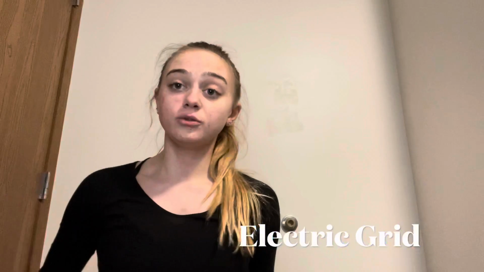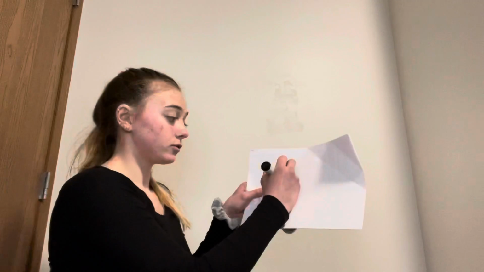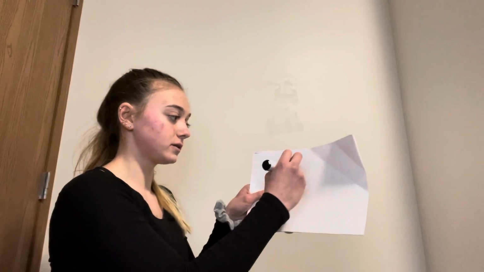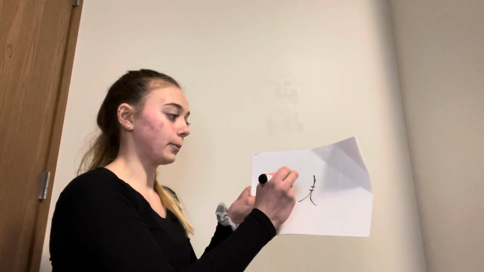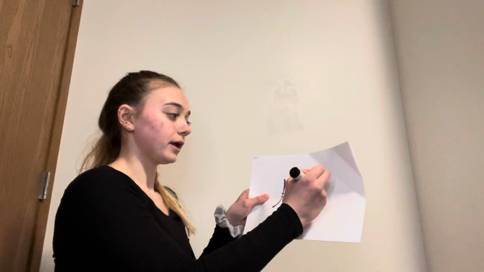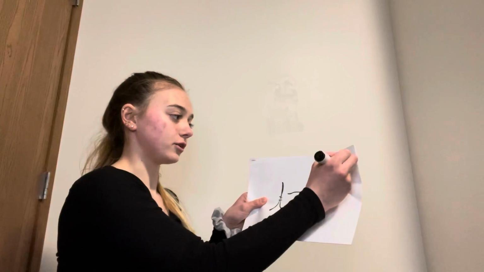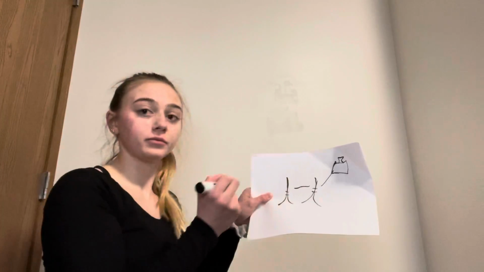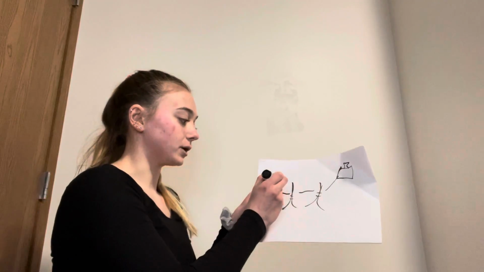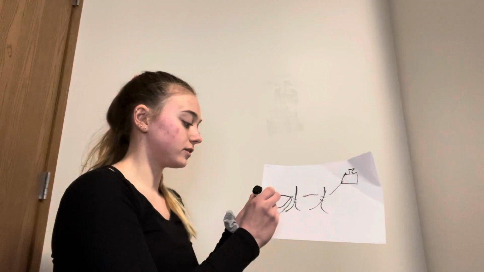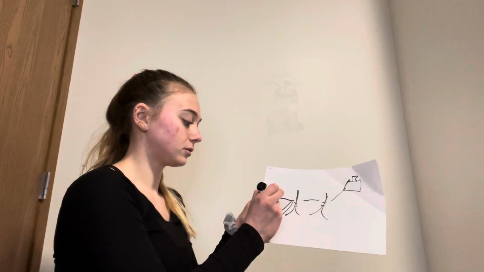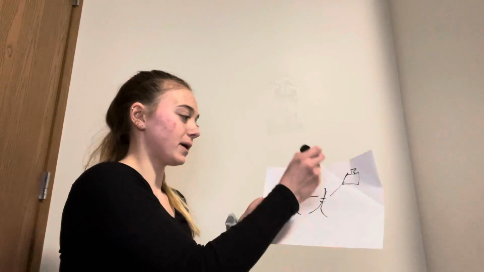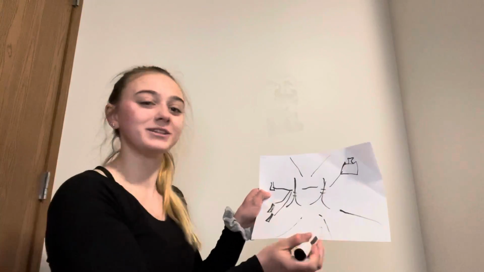I also wanted to demonstrate what an electric grid looks like. They essentially power the cities. So they are going to look like this, just little power cell towers, and they're going to power places such as factories, and they're going to power Tesla charging stations, and they're going to power all different parts of the city.